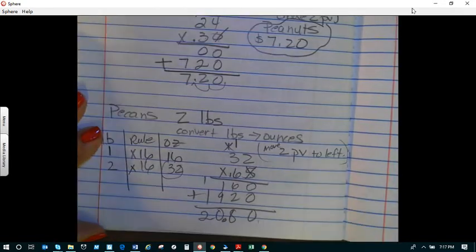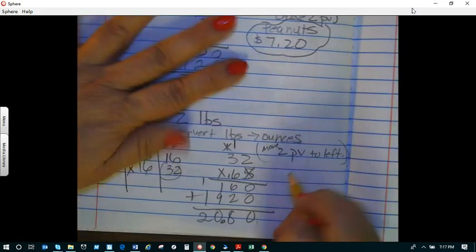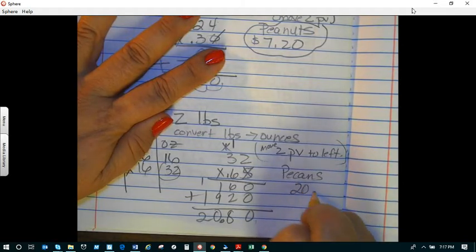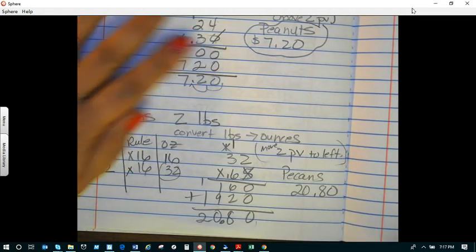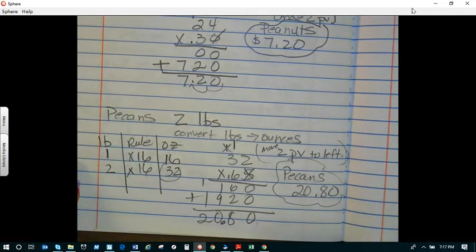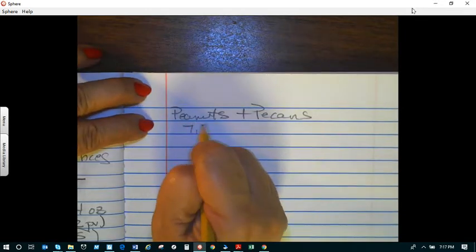Sorry about that. All right, now my pecans cost, God, they're quite pricey, $20.80. So now I'm at the cashier, and it's like, what is my total amount? Well, I'm going to move over here, and I have my peanuts plus my pecans. So my peanuts is $7.20 plus